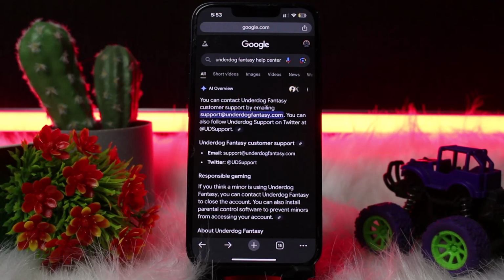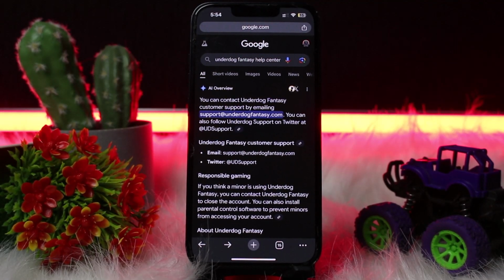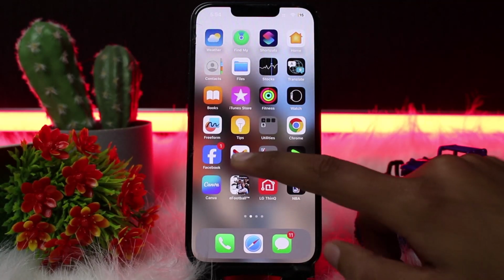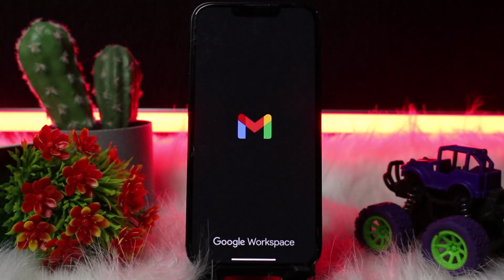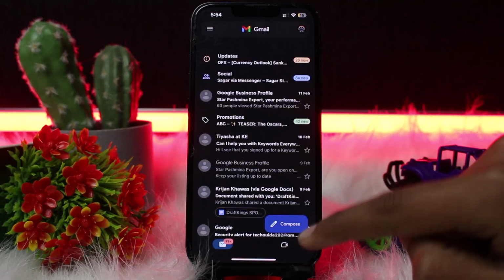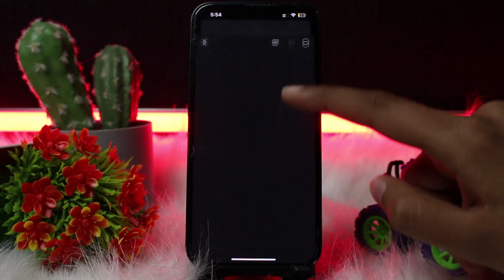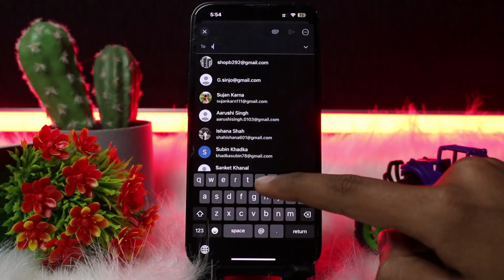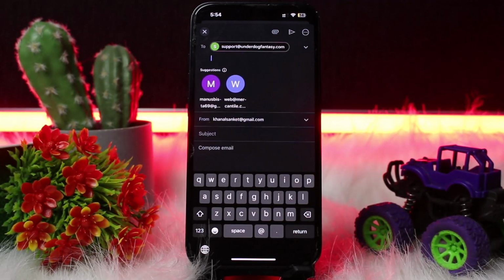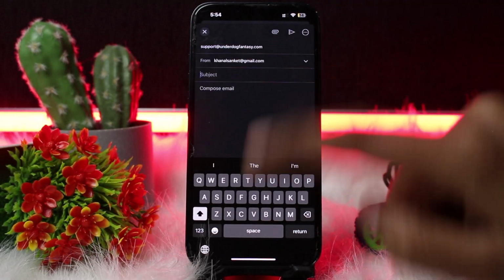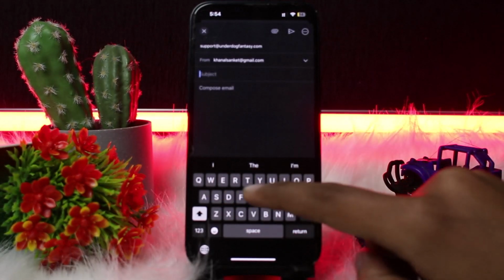Now it will give you a contact or customer support email, which is support@underdogfantasy.com. Now simply copy the email or remember it, and you need to open Google or Mail on a device, click on the option of compose, and here you need to write support. So after typing or pasting the email, you need to create a subject and say unrestrict the